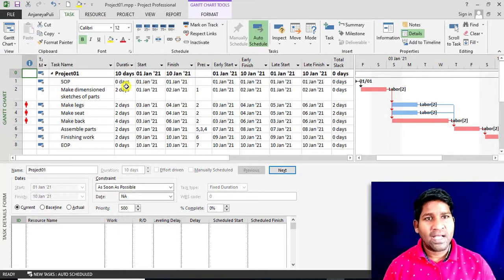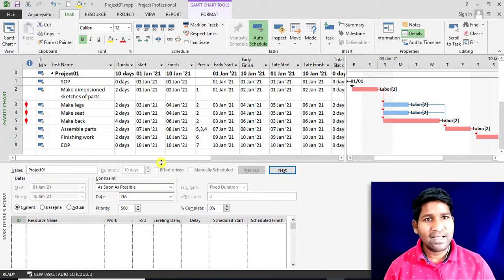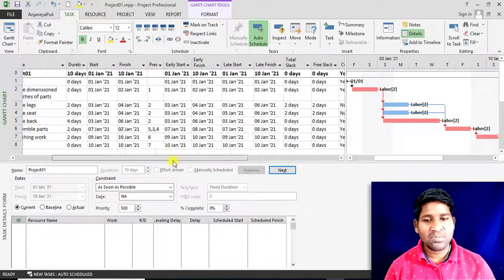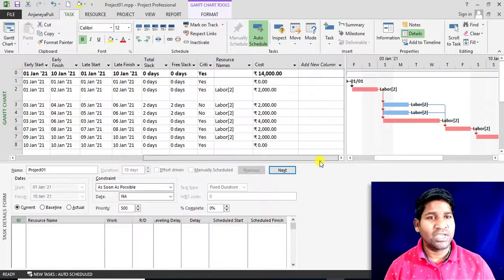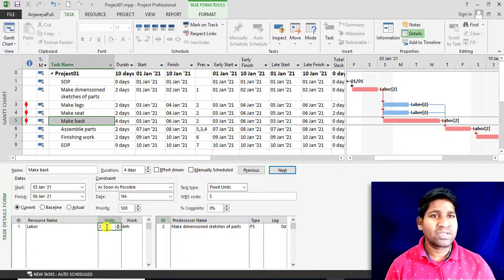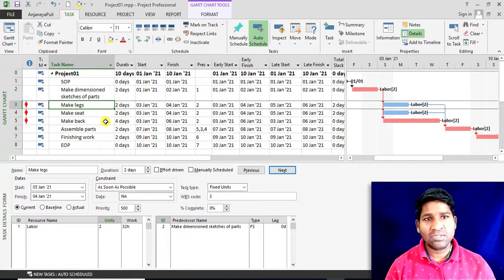In the manual method, I have to make sure that the project completes on a specified date. In this manual method, I have to increase the number of resources on an over allocated day. Before increasing the resources, let me check the cost of this project. The cost of this project is 14,000 and the duration of this project is 10 days. So I have to make sure these 2 parameters are unchanged. Here, increasing the resources means I am not increasing the total number of resources required for the task. I am increasing the availability of resources on a particular day. So let's see how to level the resources manually.